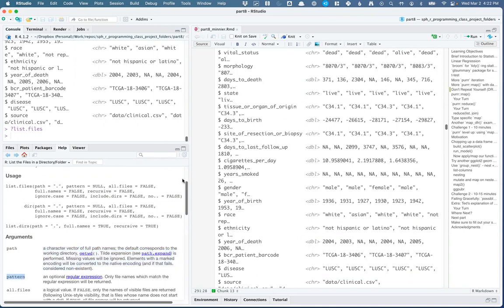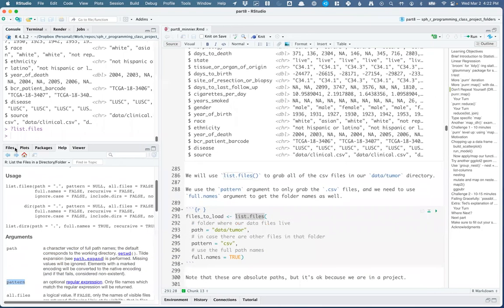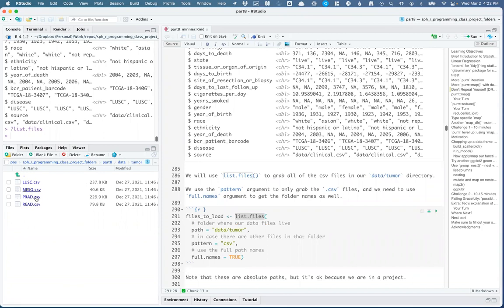You can use pattern. You don't have to. In this case, if you look back at files, the only files here are .csv files. So I want to read all of them in, but let's say you had some extra documentation or something else in here and you only wanted the CSV files. A safe way to do that is to add this argument pattern. And so pattern is going to be a regular expression or string specification, essentially like you saw in string detect. It's looking for that string in these file names. So it looked for CSV in these file names and only pulled out the ones that matched, that it detected that string. And then I want to use full.names = TRUE because that's going to tell it that I want the actual path, including the folder data and tumor. So I'll run this